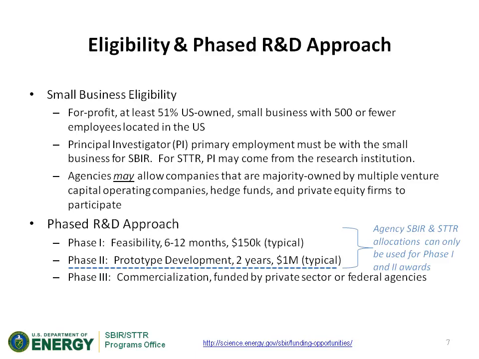For phase two, after you complete phase one, all the phase one awardees would compete for phase two funding. So you can only apply for phase two if you received a phase one. And that's a longer duration, more funding, $1 million typical, and that's kind of a prototype development phase. And then there's phase three.